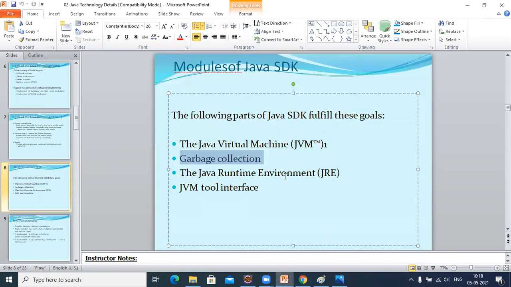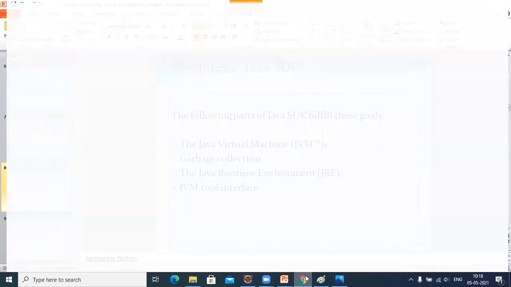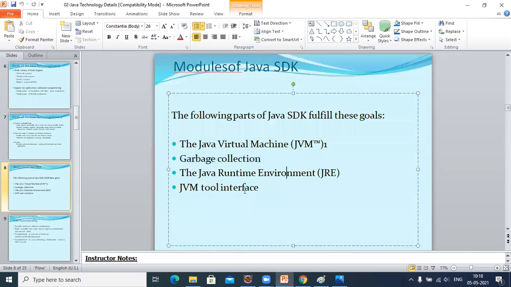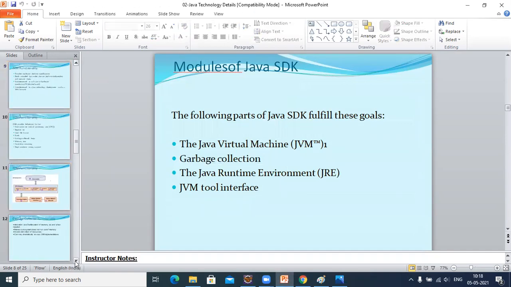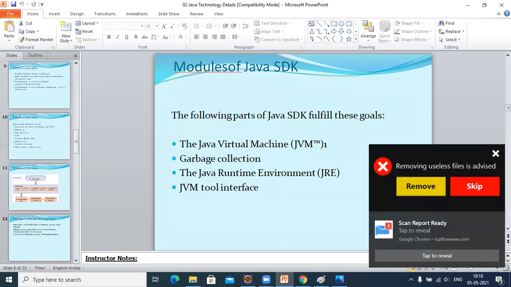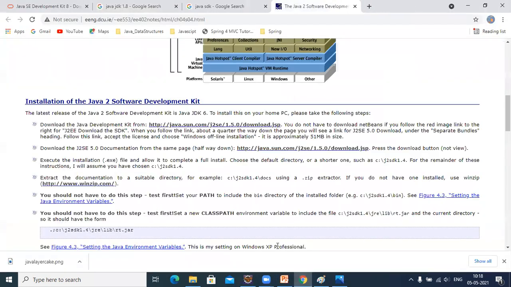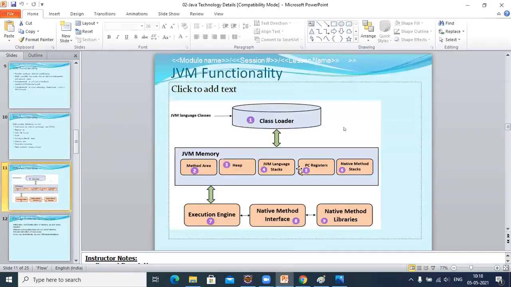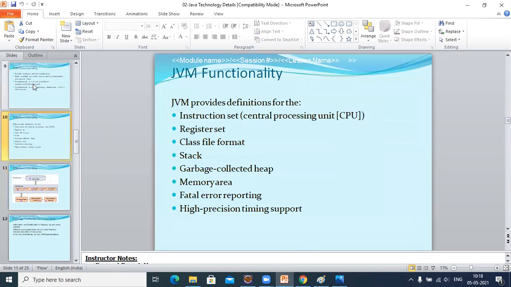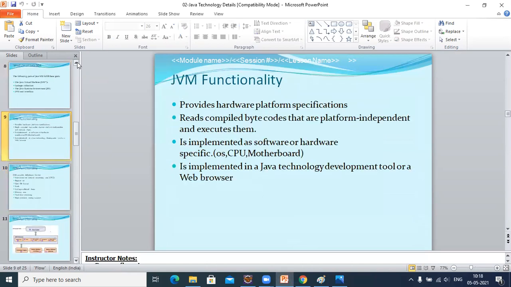Now the Java runtime environment. If you see the Java runtime environment, it is the original runtime environment which will execute the files. Okay, so let us see what JVM actually is.